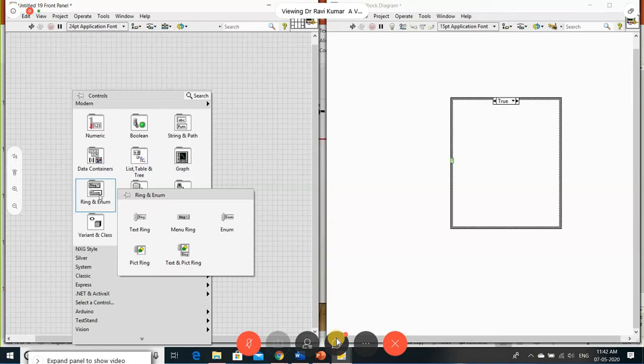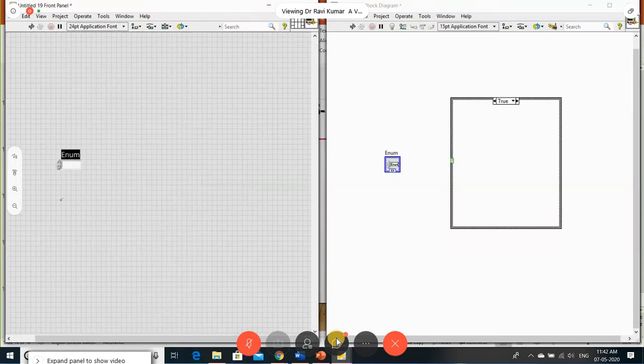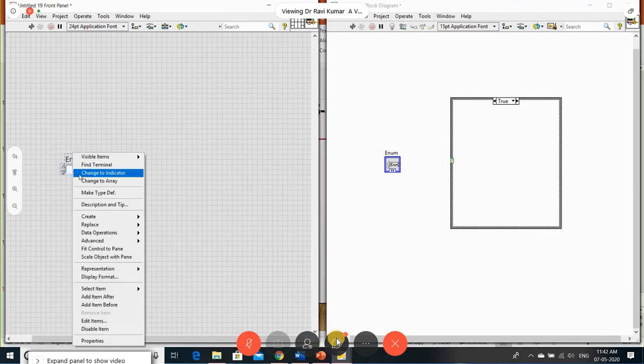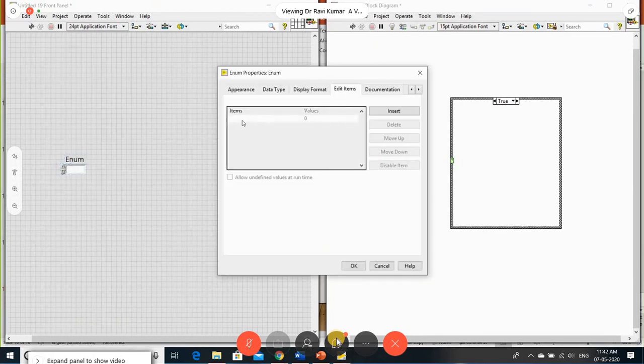So let me use the enumeration, enum. Double click on this, edit item, or it comes automatically. First, I want to generate sine wave.